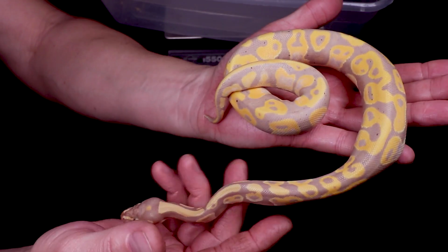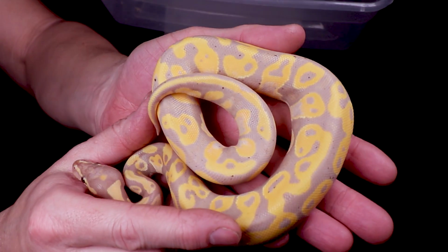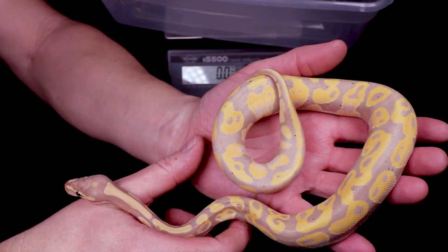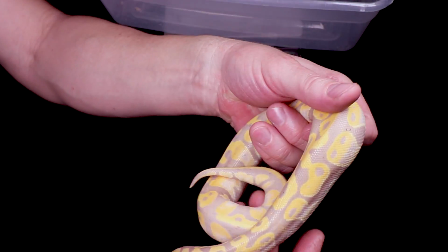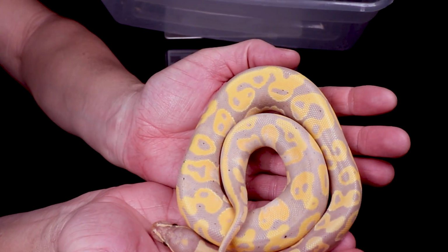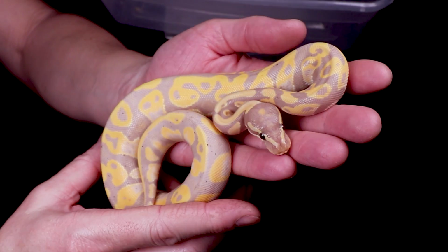And usually with these coral glows, you get a lot of these little freckles coming in. You get more and more freckles as they age and mature. And for some reason, with the coral glows and the bananas here in my collection, it seems like those two genes are the gentlest out of all my snakes. I've never had any of my coral glows ever try to snap at me or bite at me,